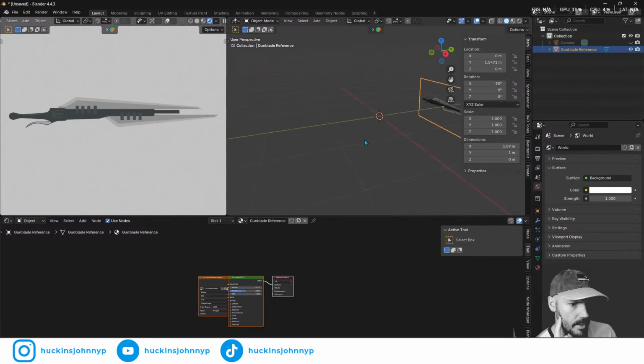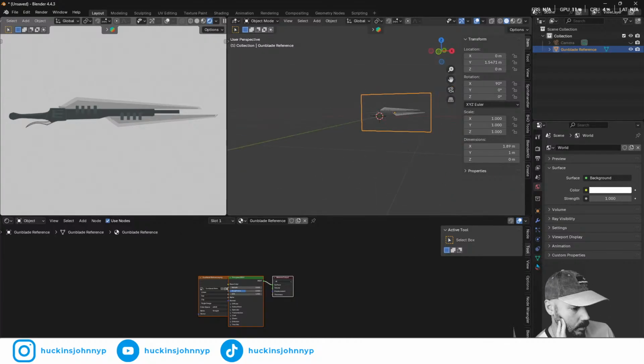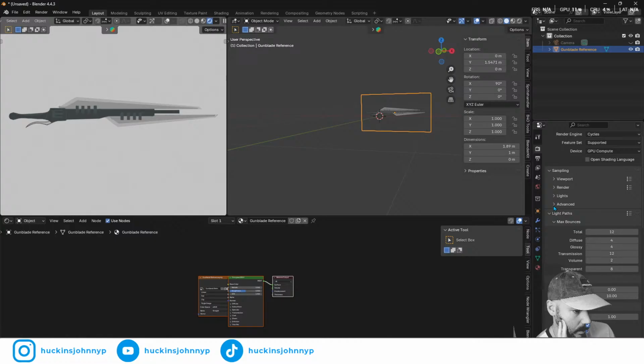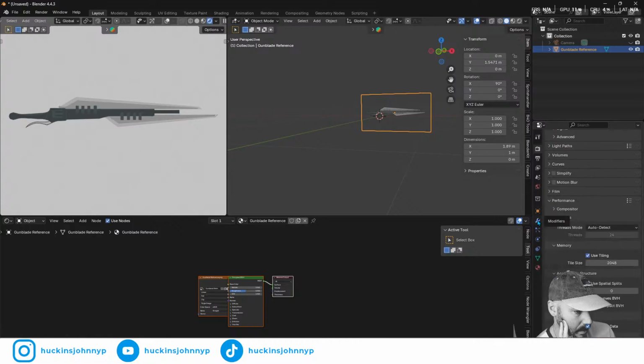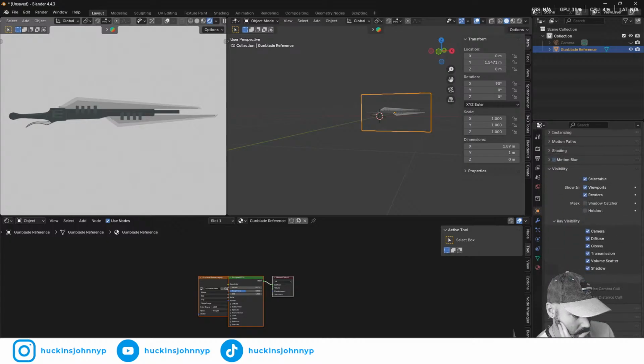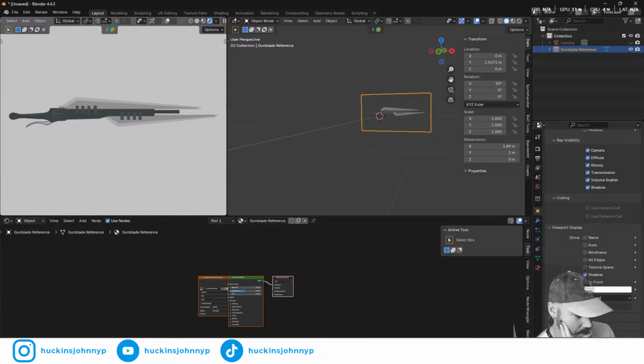And with our reference image that we have here, I think it's under here. Let's hide all this. Maybe it's here, visibility, viewport display, in front,